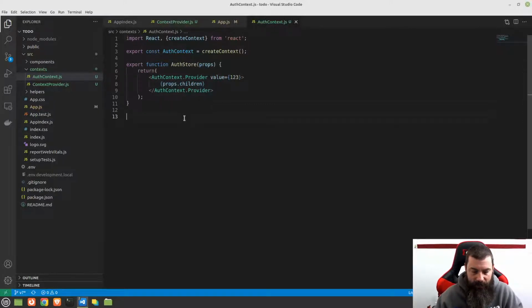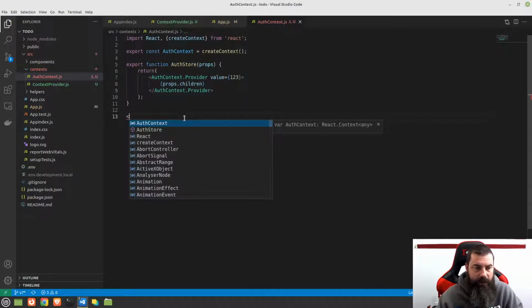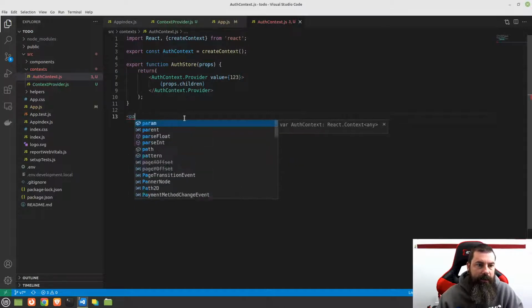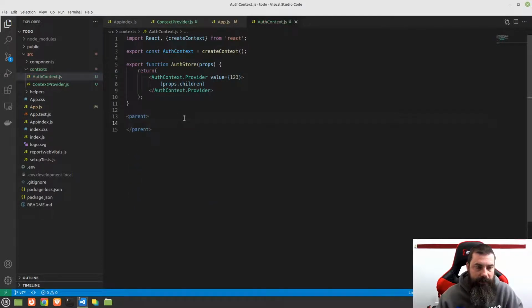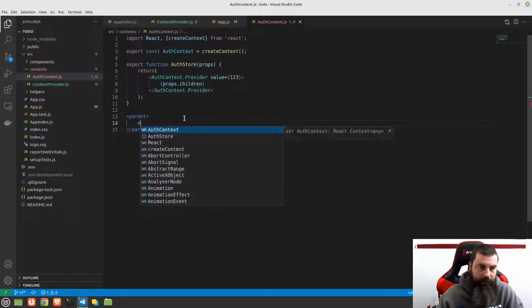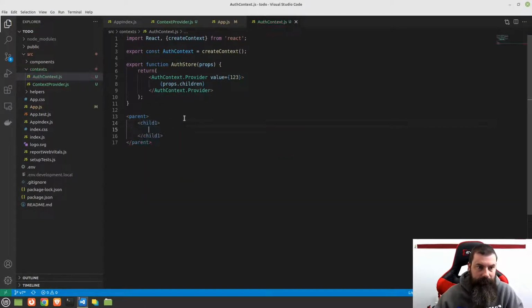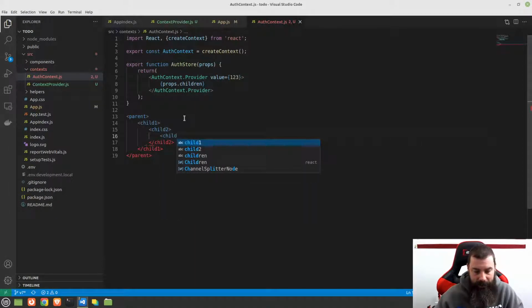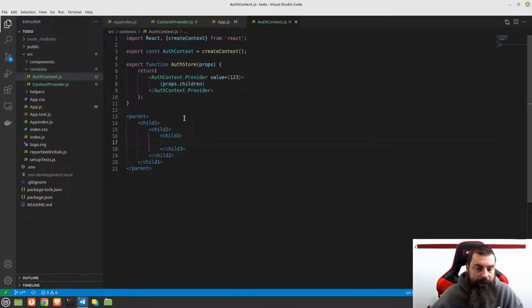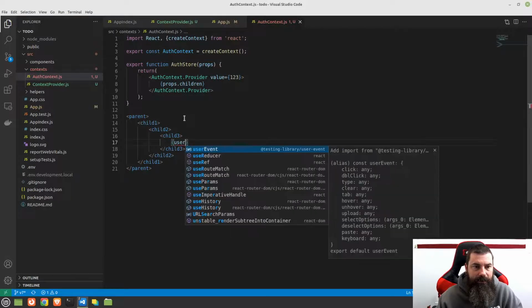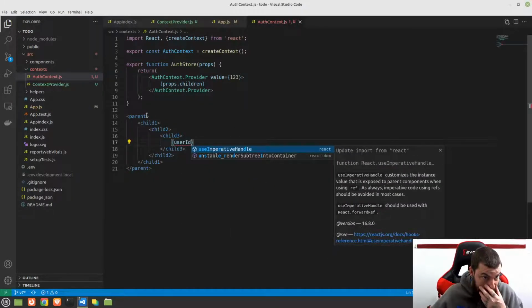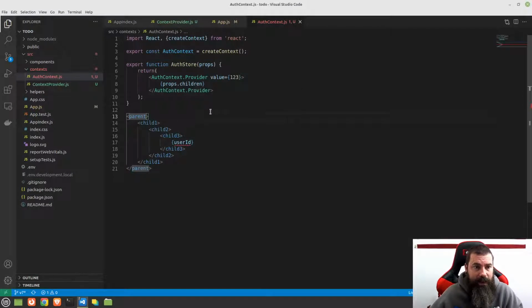you would have some sort of component here. So we'll say, you know, parent component, and in this parent component you would have a child 1, and then in there you would have a child 2, and in there you might have a child 3, and this goes on indefinitely for your entire React application. Let's say finally down here you want to display this user ID, right? Well, let's say you only have access to this in this parent, and so what you would have to do is you would have to